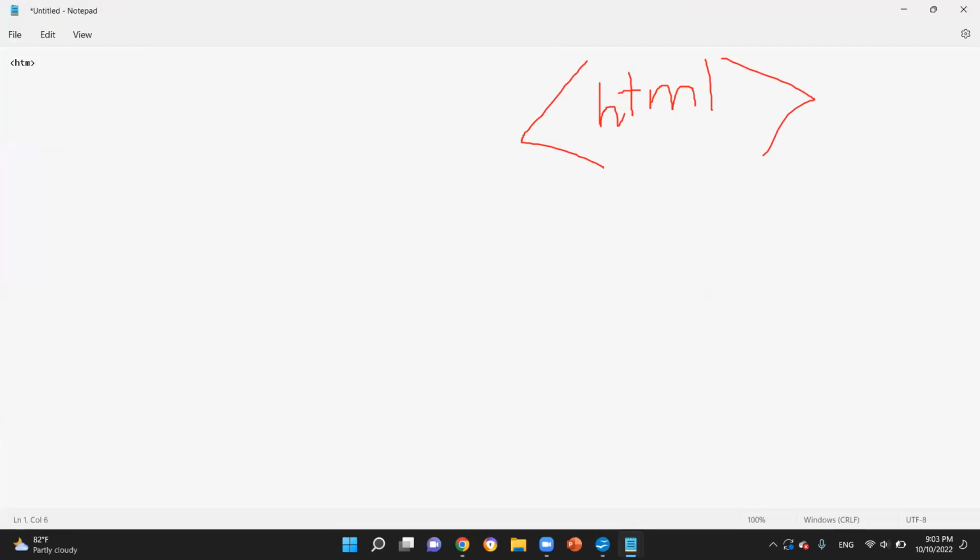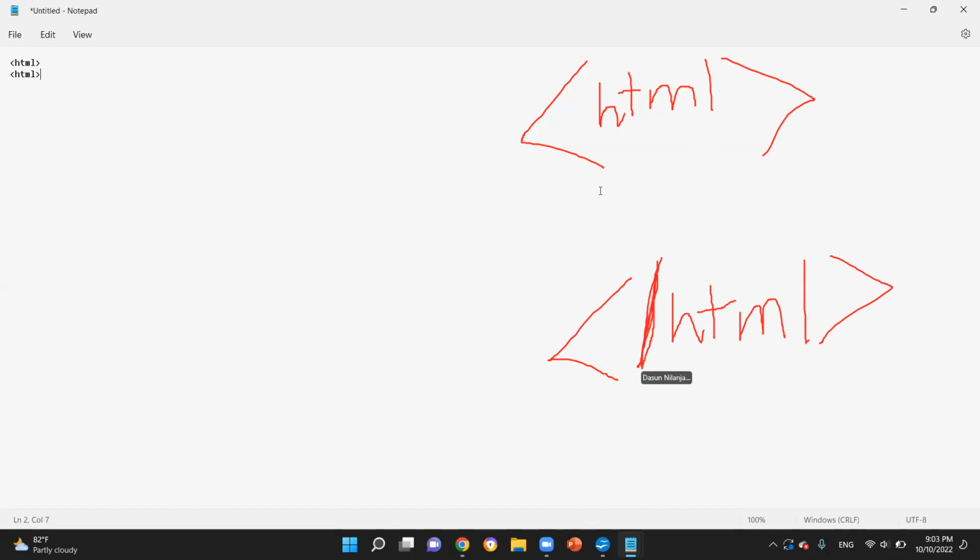Then go to the end of the tag, press enter, and again type /HTML. This should have the / beginning before H. You need to mention the / before H.